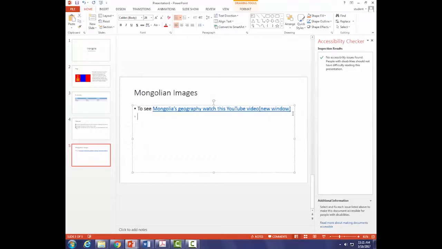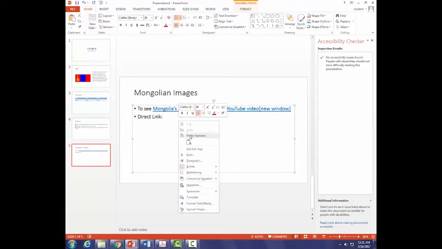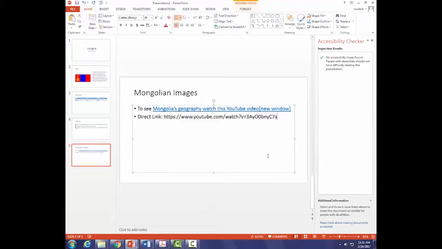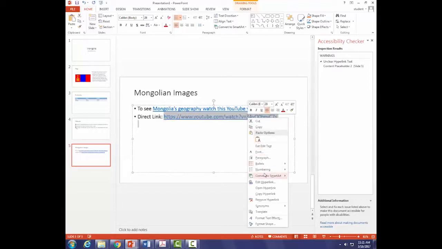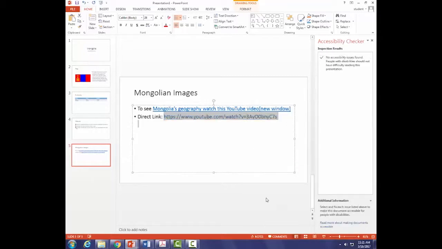Then as usual, I'm going to do direct link. I'll paste it again. If I make a mistake here and that becomes a clickable link, you see over there it says, warning, unclear hyperlink text. I'm just going to highlight, right click, and go down here to remove hyperlink.